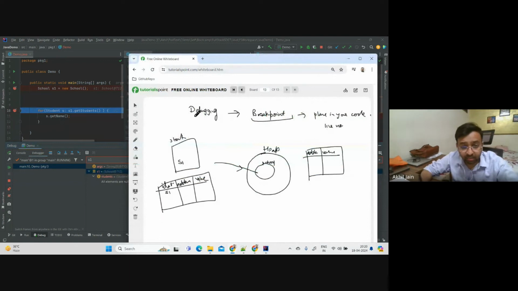The address would be something, but let's say this one. This is School here, so let's say the address portion here is School@7112. This is the address portion, and this is your School, the new School which you created. Now the value of s1 will be this only, School@7112. This is the address position which s1 will have, but this is the value which it holds, which is